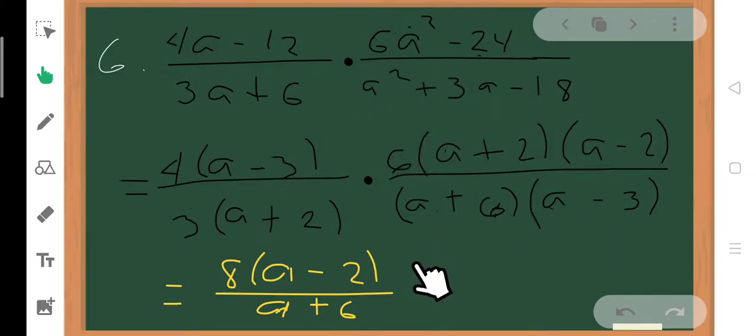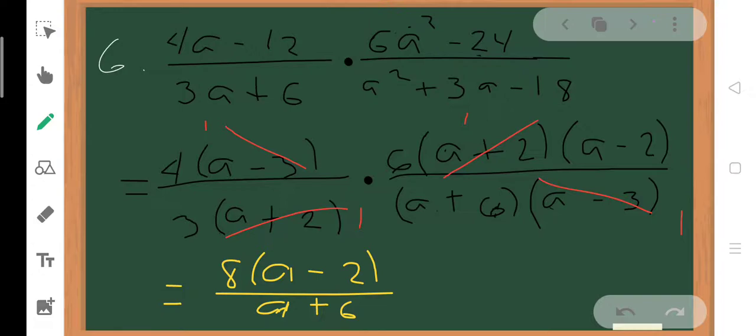Now we can cancel out the common factors in the numerators and denominators. We have a minus 3 here, so a minus 3 divided by a minus 3 is 1. And this one, a minus 3 divided by a minus 3, is equal to 1. And for a plus 2, we have a plus 2 here, so this becomes 1, and a plus 2 here becomes 1, because a plus 2 divided by a plus 2 is 1. So what remains are